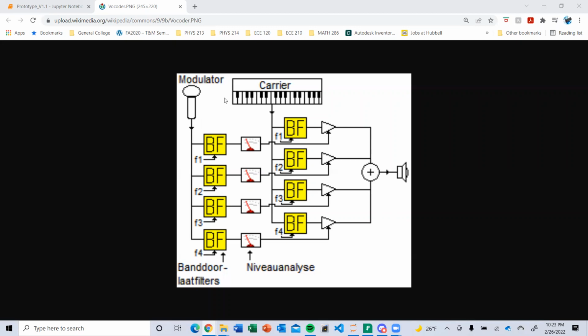For me, it's a little easier to think of the modulator as what your input signal is. So in the case of what our project has done, this is an input song and the carrier is a square wave signal. The next step, once you have these inputs, is you put them